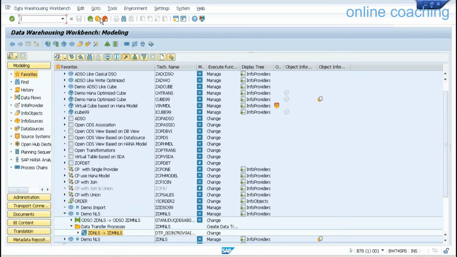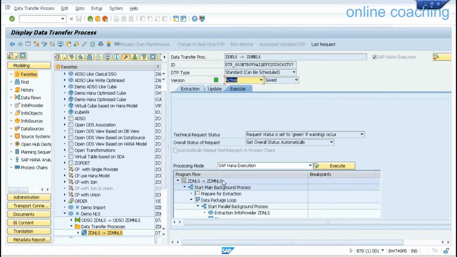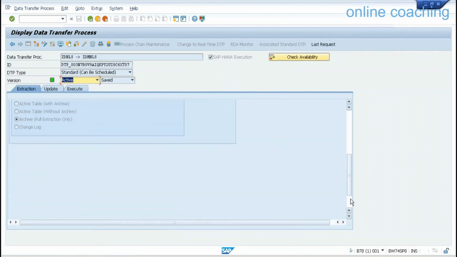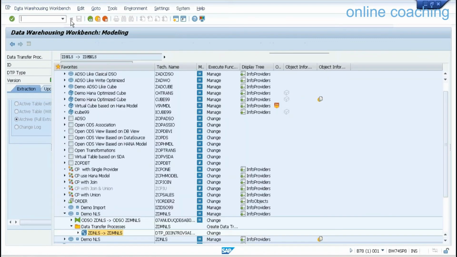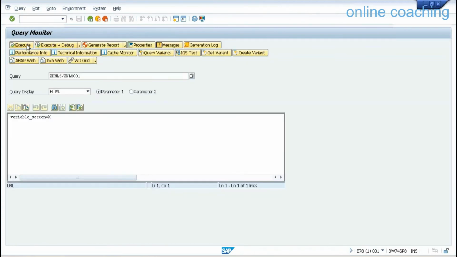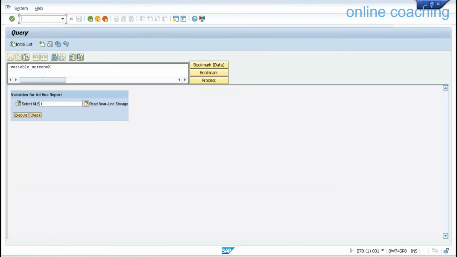It's not getting refreshed, but we use this option to read data from NLS also, archive data. When it's activity with archive, it also reads archive data. And next, in the query properties, you can see the runtime of the query. Let me read from NLS and then